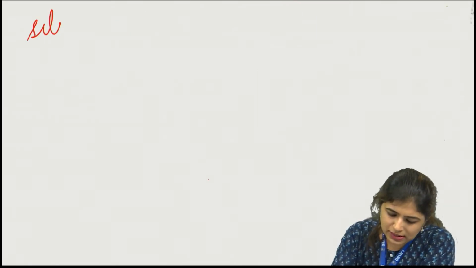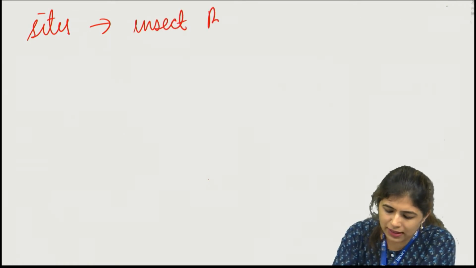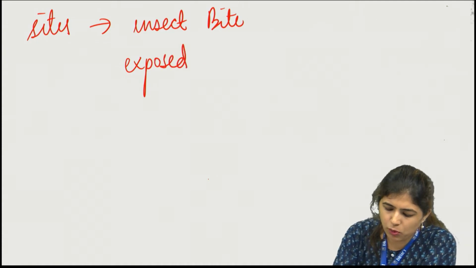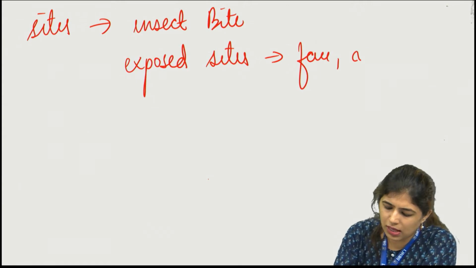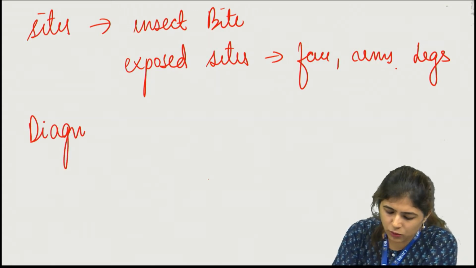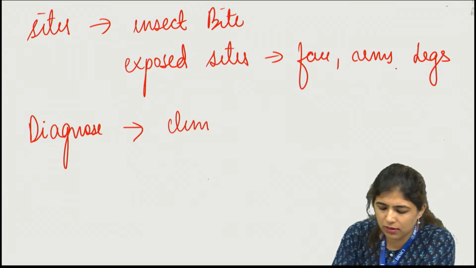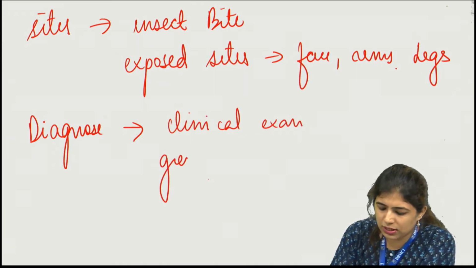What are the sites? Because this is caused by an insect bite, it will generally be on the exposed sites like the face, arms and the legs. How will you diagnose? Diagnosis will be: one, clinical examination. Then you do a Giemsa stain